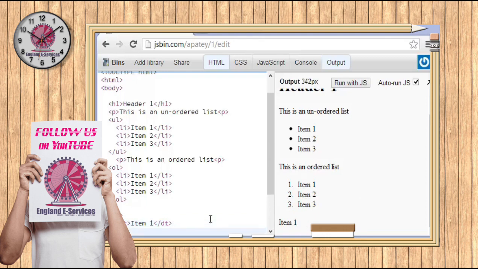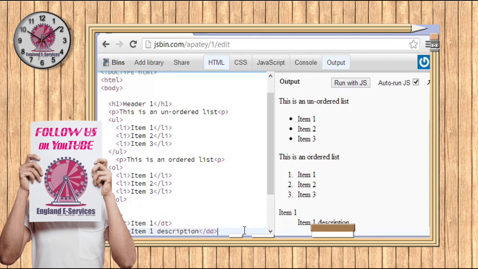All right, but the next thing we're going to do is we're going to type in DD, and we're going to say item 1 description. Okay, and here we go. We'll type in /DD like that. There we go. And so as you can see, we have the item 1 and then the item 1 description,